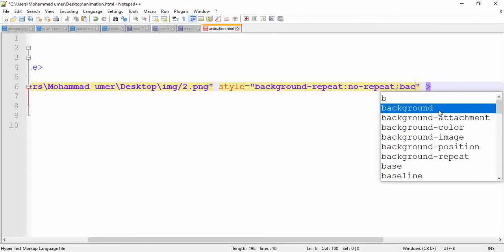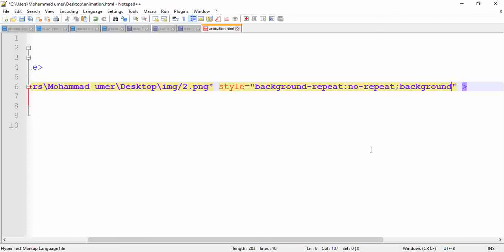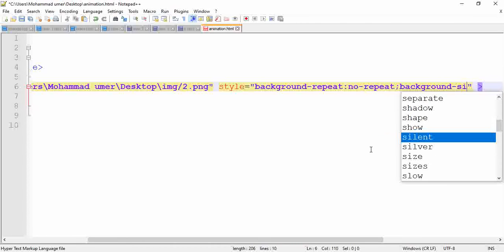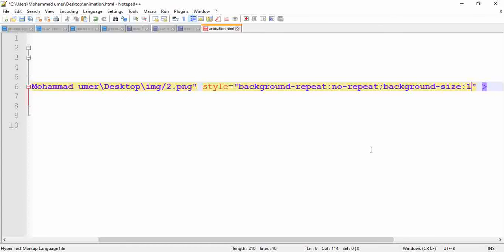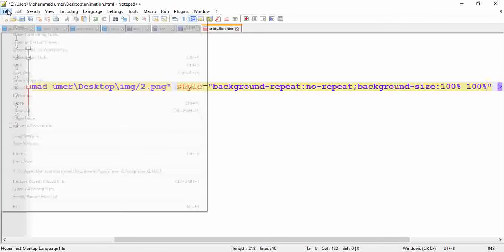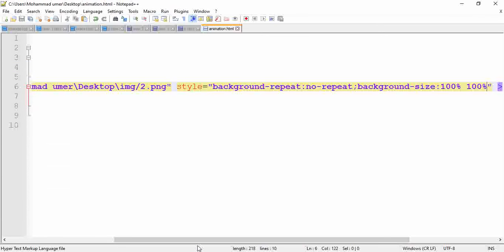So I am using the background-size property, and its value we will give as 100% 100%. Percent is the unit. Why am I writing 100 two times? Because we have to set the size for the width as well as for the height. Let's save this and reload it in the browser.